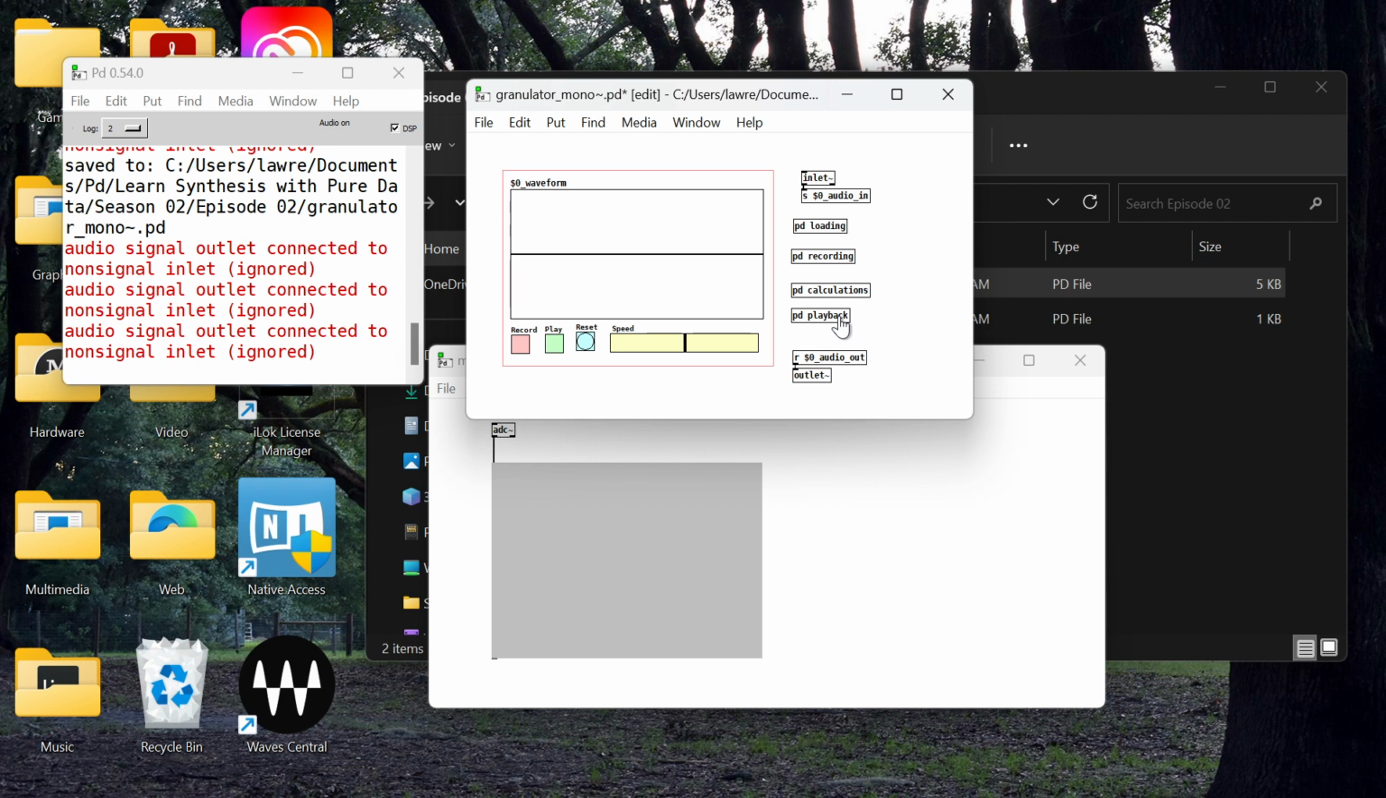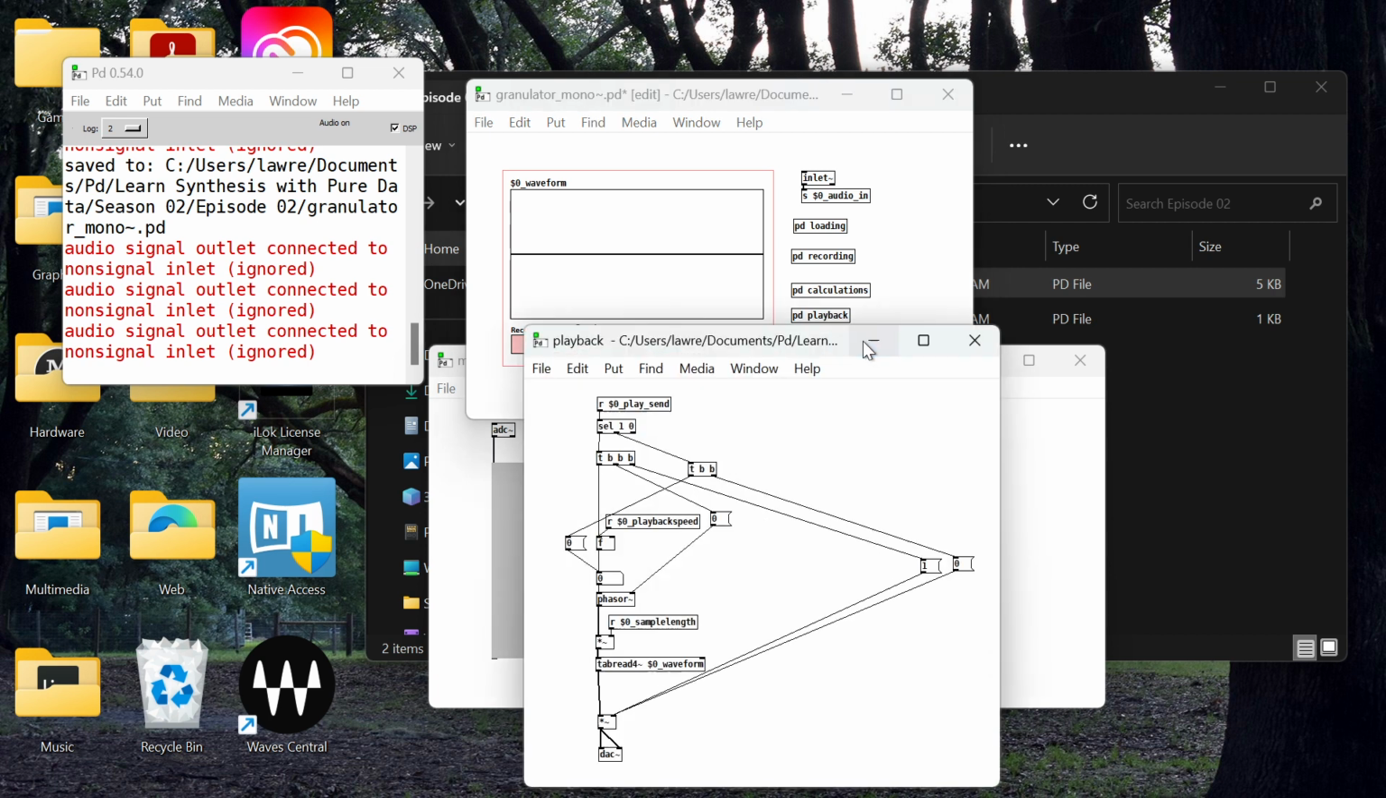So in our playback subpatch here, we want to send our audio output to $0 audio out. So we could actually just take over this object, change it from a DAC to a send. Oh, you know what I haven't been doing with these sends? I need to put a tilde behind them. So S tilde, because it's audio signal,